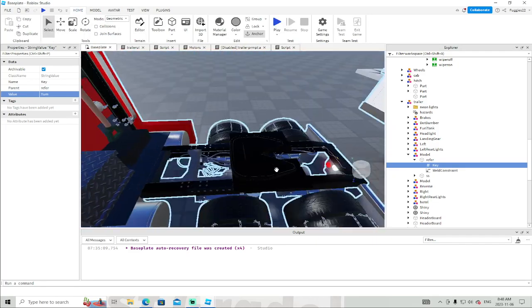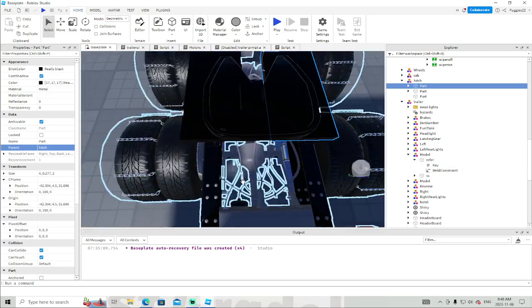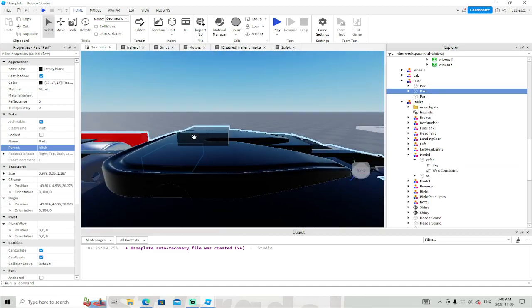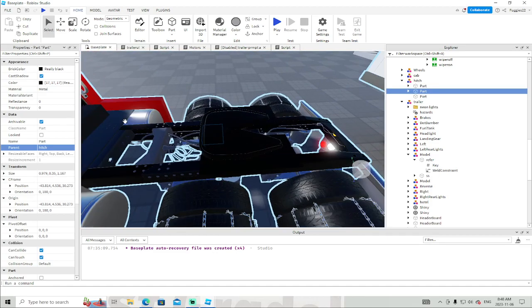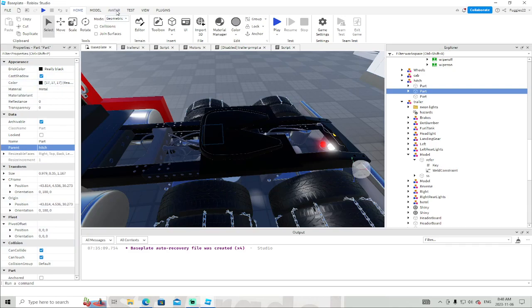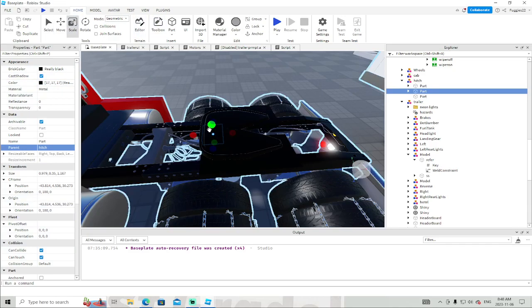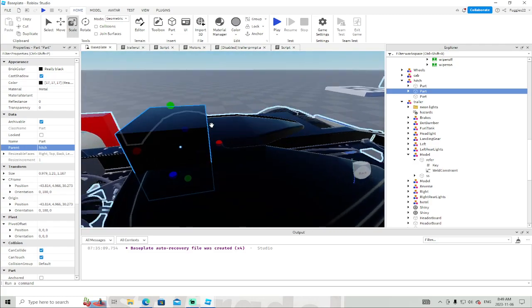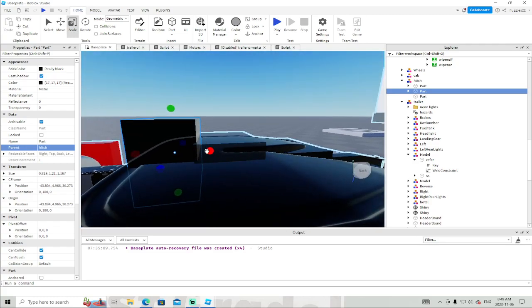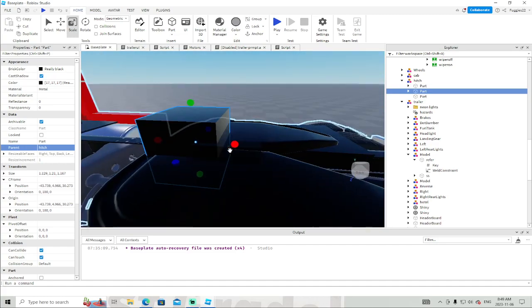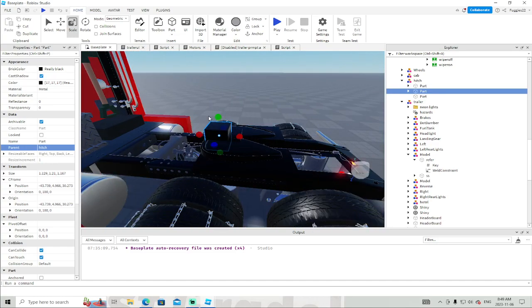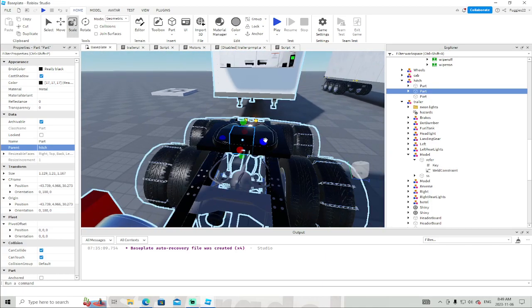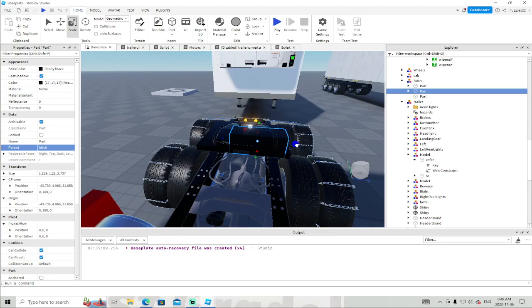So the other thing that we're going to need to do as well is, let's see if I do have a third part here. So this is can collide. So let's scale this up. So what we want to do is we don't want the hitch, right? We don't want the hitch to go further than that. We could even stop it there, right? This part eventually will make invisible, but it's just a collidable part. And then that way, when we're backing up to the trailer, once we hit this part, it'll stop,